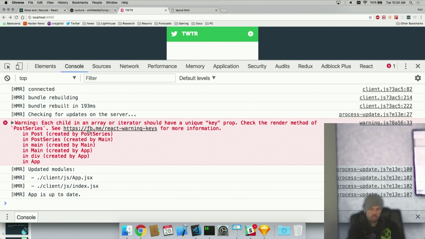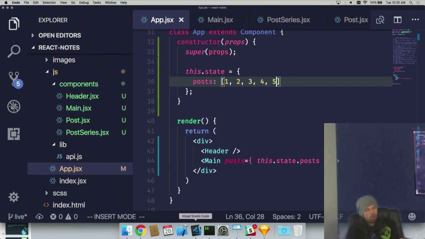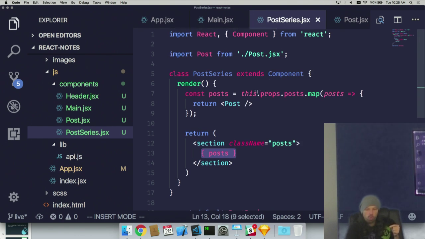So I go to the console and I check it out and it says, warning, each child in an array or iterator should have a unique key prop. Okay, so that might seem weird to you, but it's normal in React to get this. Every time I do this pattern here, where I create an array of React elements, I need to